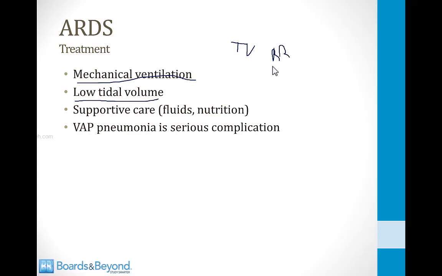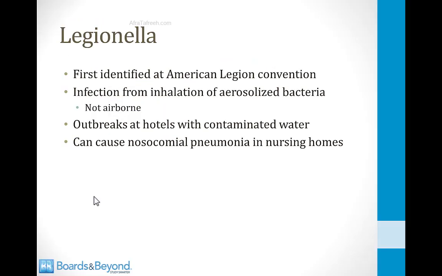It turns out that in ARDS, these patients do better if you set the tidal volume very low, and then you can set the respiratory rate higher to compensate. This causes less injury to the lungs and helps the patients be more likely to get over the ARDS. You also support them generally with fluids and nutrition. And a big problem in ARDS is that patients can go on to develop a ventilator-acquired pneumonia, and this is often life-threatening. So what I'm going to do for the rest of this module is talk